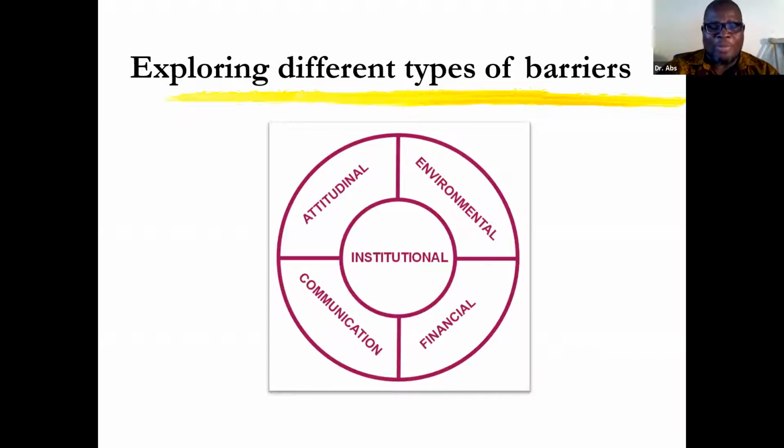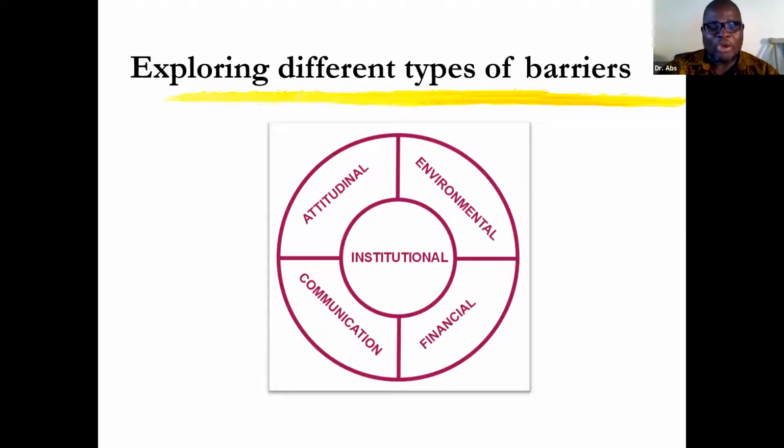Of course, there are the environmental barriers. There's one thing in Sierra Leone where we have a lot of these disability laws, but they're not implemented. So you have people building roads, and the next thing you know, you have all these hawkers selling on the roadside. So you have somebody with a wheelchair who is not going to be able to go up that ramp because there's a table that's been built on that ramp. So it defeats the objective.